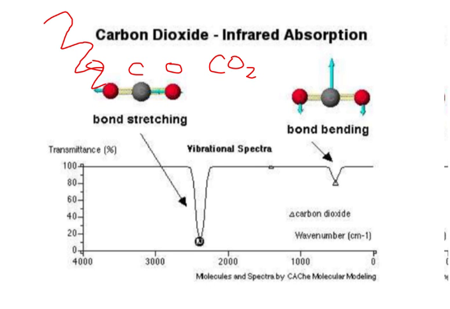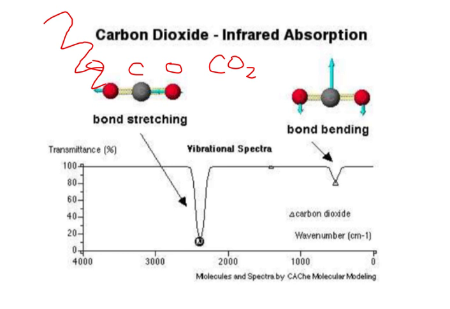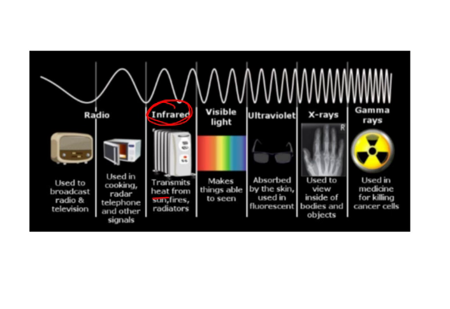And I like this graph right here. It's a graph of all of the possible spectrum of light, going from radio to infrared to visible to ultraviolet to gamma. Certain materials will absorb certain wavelengths. Carbon dioxide right here seems to be absorbing this particular wavelength. It doesn't absorb this one, or this one, or this one, but unfortunately it seems to absorb infrared, which